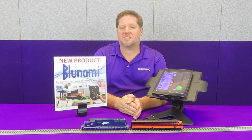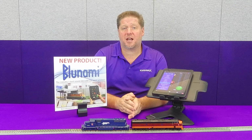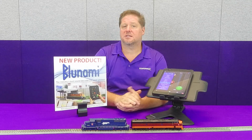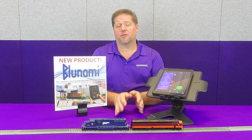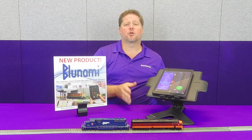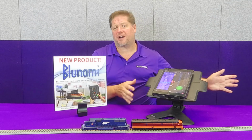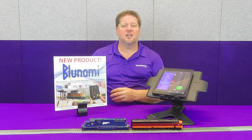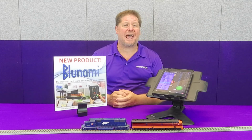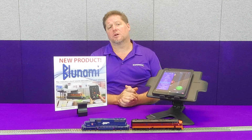If you want to run 6, 7, 8 locomotives in your consist all together at the same time, just simply add them to consist A. You have an unlimited number of locomotives you're able to control with the app. You also have an unlimited number of locomotives you can put into a single consist. So this way you can have 4, 5, 6, 8 locomotives on the lead. You can put 2 pushing helpers, add them on the fly, simply just by adding them in with your consist